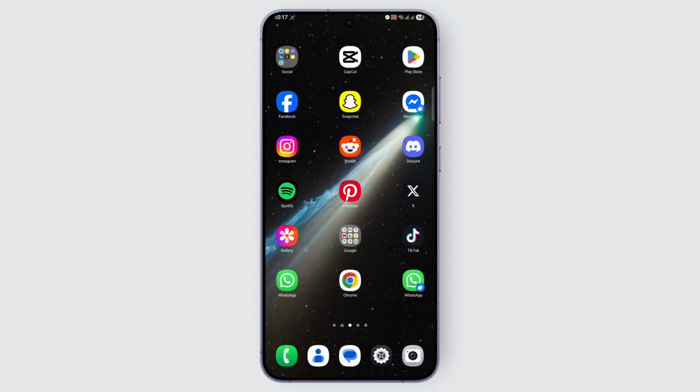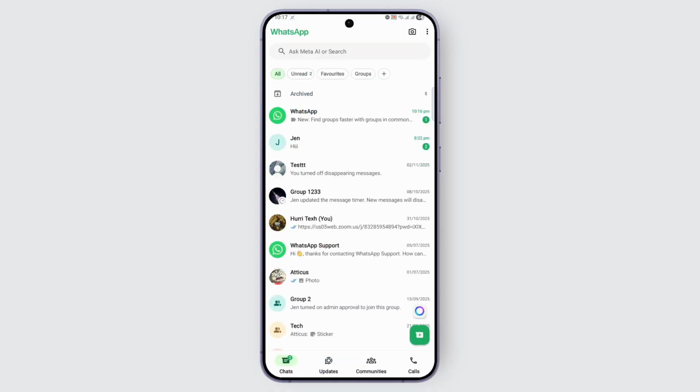First off, you need to go ahead and open up the WhatsApp application on your device. And once you open it up, make sure that you're logged into your account. Then you have to access your settings. You can do that by going over to the top right corner on the three dots, and from the pop-up